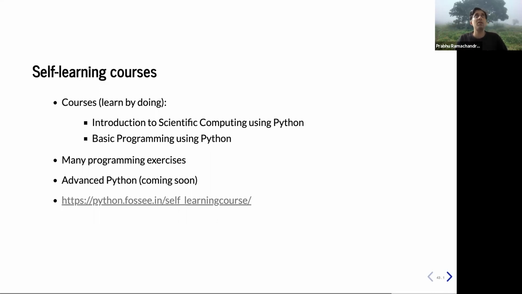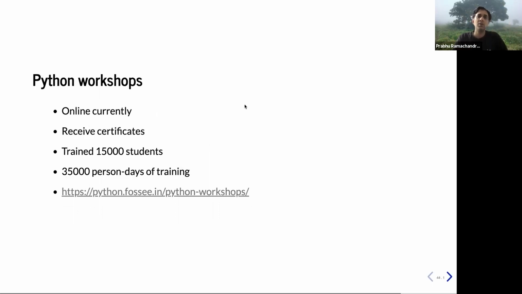In fact, our 3-day course has 60 plus exercises that the learner is supposed to do online, and then the solutions will be discussed. We also have advanced Python material that's ready, and it's not fully complete, so it's coming soon. And you can check these out here. And these are also hosted on our own learning platform called Yaksh, which I'll talk about. We've also done a whole bunch of these Python workshops free of charge.